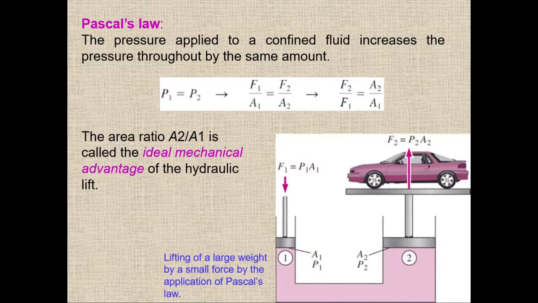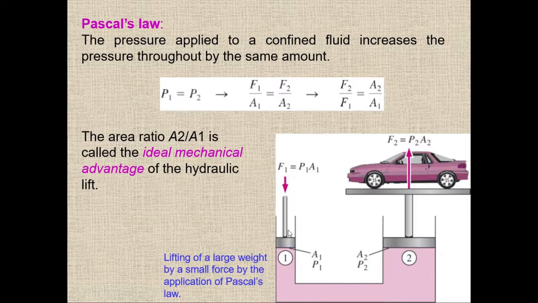So you can see here we have a container, and we have a confined fluid. For the Pascal law, normally we say it is a liquid rather than gas, because in the gas the variation is very low. So liquid is confined in this container. You can see this is point number 1 and this is point number 2. I'm going to apply a force on this piston. The pressure is simply force upon area, so force will be the pressure times the area.